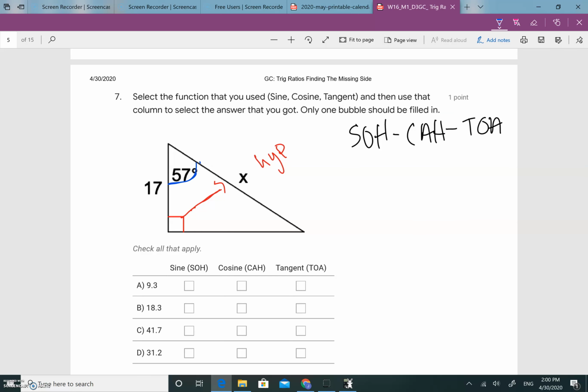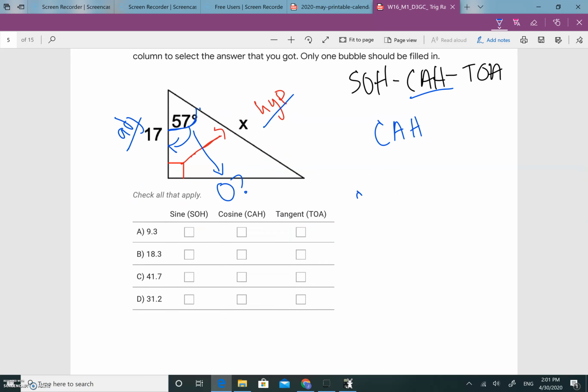And now how is 17 related to my 57? Well, it's not opposite to it. It is adjacent, right? It is not opposite, it is adjacent. So this is ADJ. So the two that we are using are A and H. We are not using O because we don't know what O is, right? So that's why we're not using O. We're only interested in A and H. So AH, that would correspond to cosine, so we're going to use cosine. So this is going to be cosine of 57